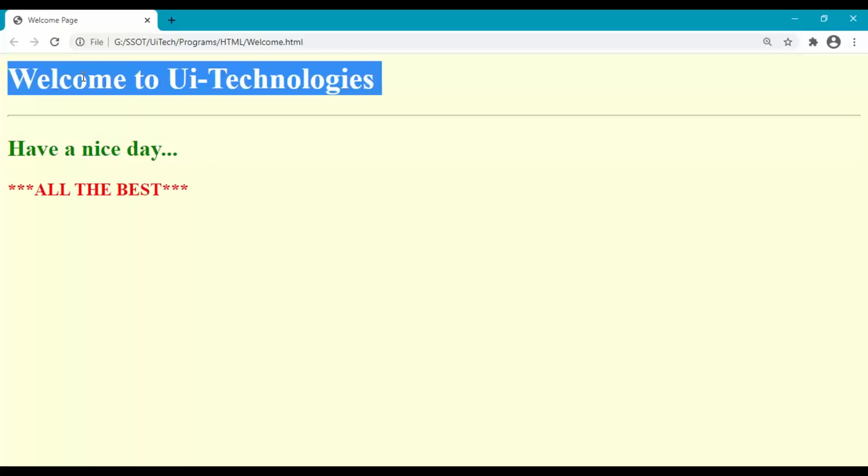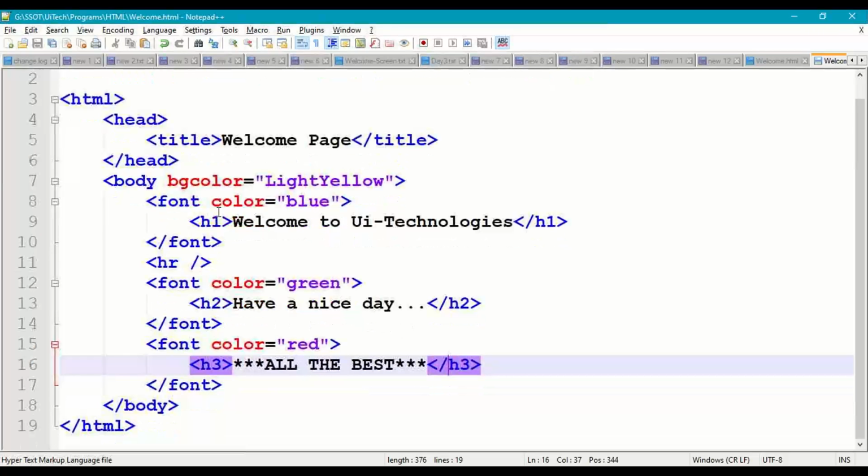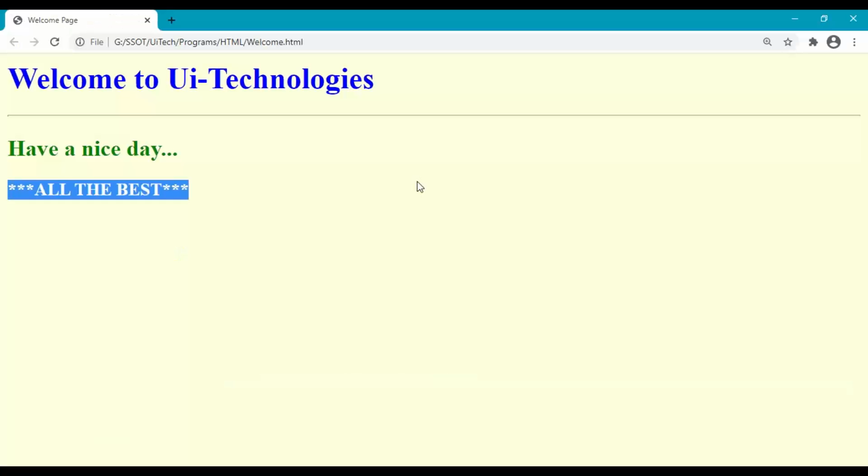So H1, welcome to UI Technologies. H2, have a nice day. All the best as H3. So blue color, green color font, red color font. Okay, right, so fine. So now what we'll do is, I want to make all this content go to the center